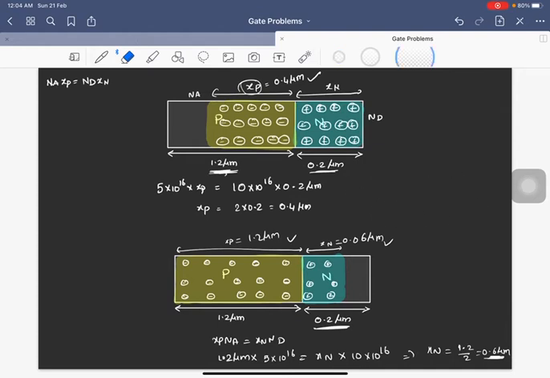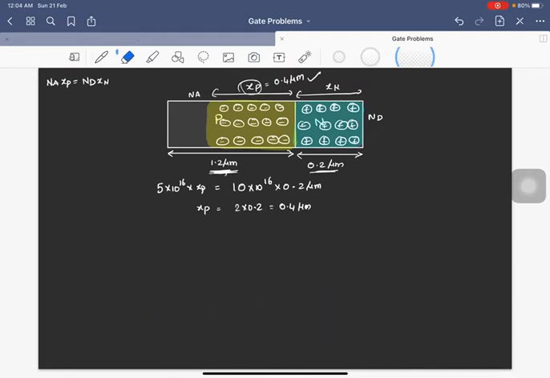So this condition is not correct in this question, right? Only this is correct. Okay, let me erase this stuff also, then we can finally go through. So xn is 0.2 micrometer and xp is 0.4 micrometer. So the complete depletion width will be W equal to xp plus xn, that is equal to 0.6 micrometer, and